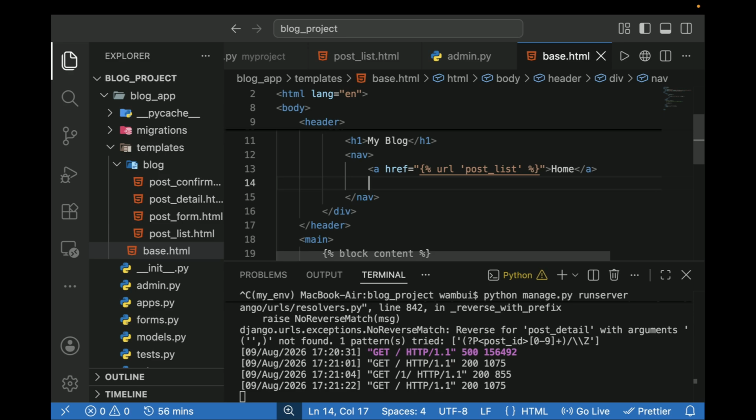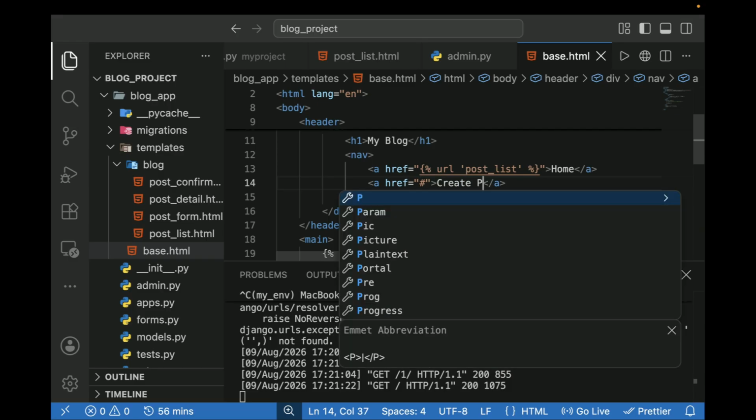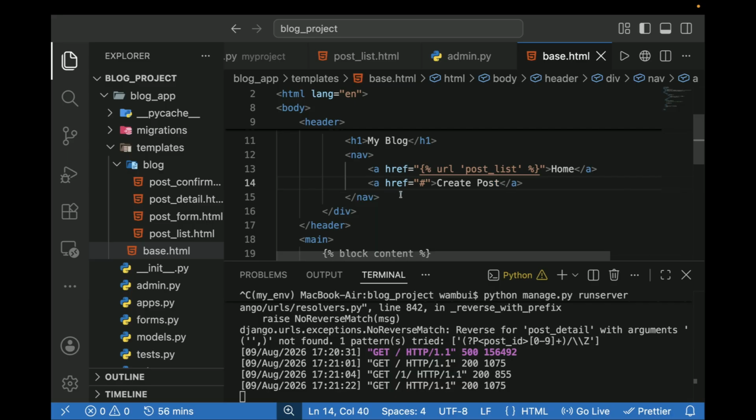But for that create post to be visible, the user must be authenticated. So what we're going to do is add an anchor tag. This anchor tag is going to have a hashtag right now. So this is going to be create post like that. And then this create post over here is going to be only visible